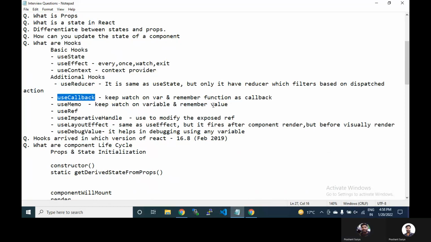useCallback is used when you want your component to remember a function. If you have a function and you are passing that function to a component as a prop, then you want to remember that function in memory.